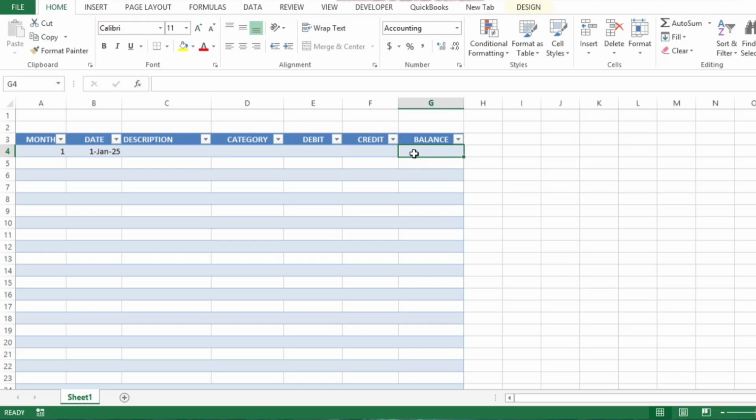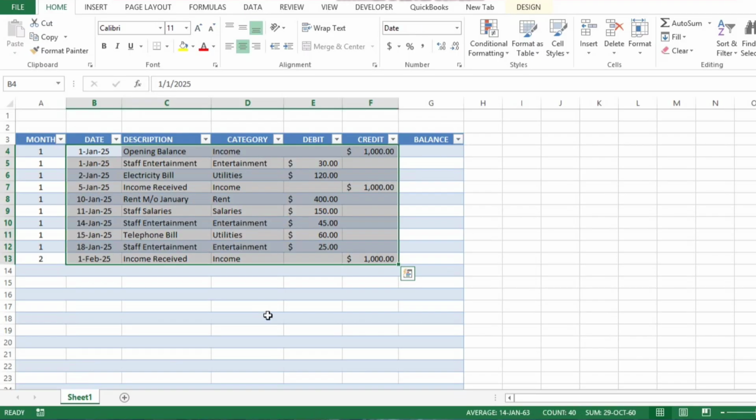राइट। अब हम अपने रनिंग बैलेंस के लिए यहाँ फॉर्मूला एंटर करेंगे, बट उससे पहले मैं सिंपल डाटा एंटर करता हूँ अपने टेबल को पॉपुलेट करने के लिए, राइट।